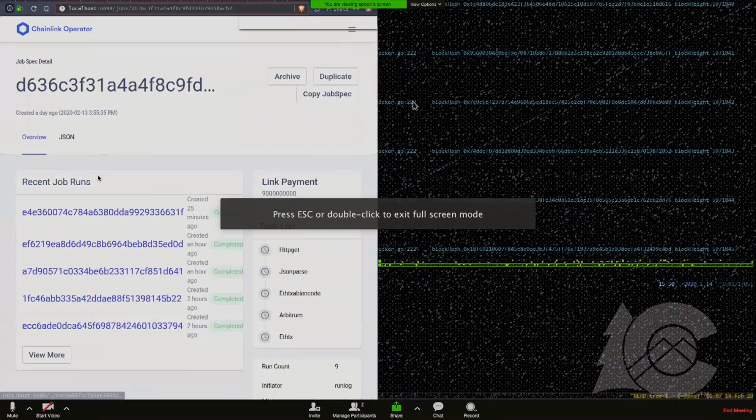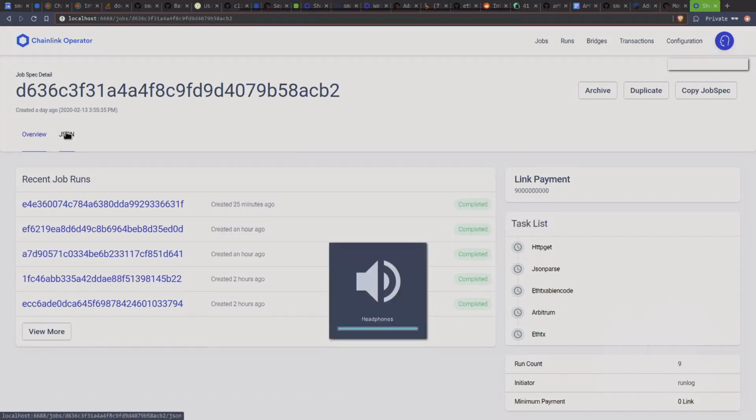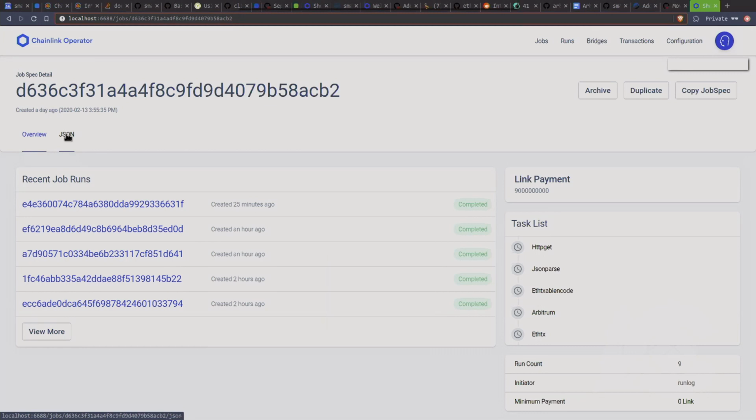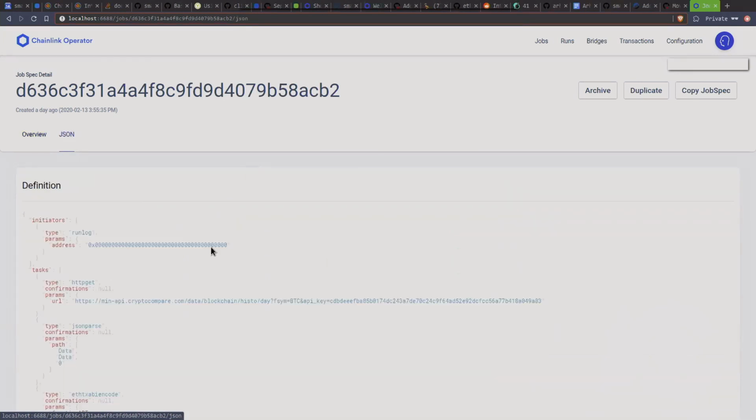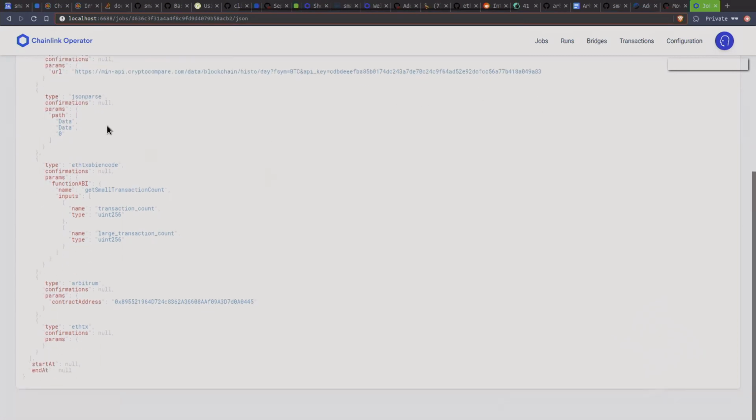All right, perfect. So, yeah, basically here, as you can see, Spook is showing you the UI for a job ID. That's for a node operator who has his job ID here. Now, if he goes to the JSON page, you can see the JSON spec that the node operator will be running, right? Basically, the operator is making an HTTP GET request to the CryptoCompare API. He's then going to parse the data he gets. He'll be taking a subset of this data, and he's going to execute an API call of a solidity function here in this part that Spook is showing.